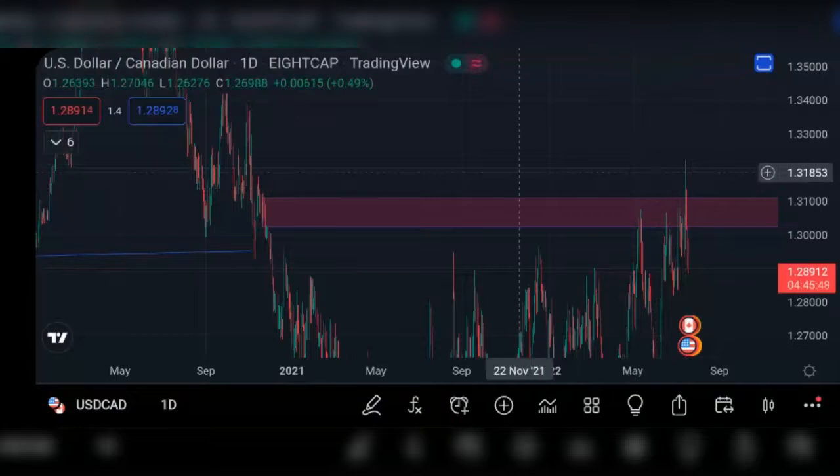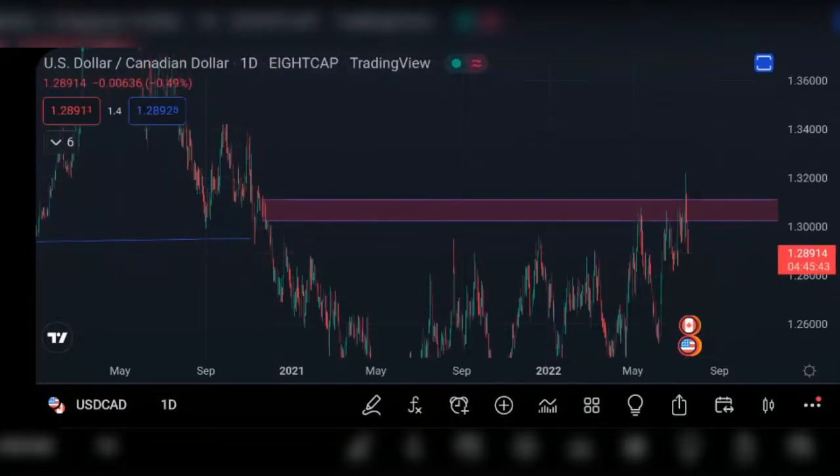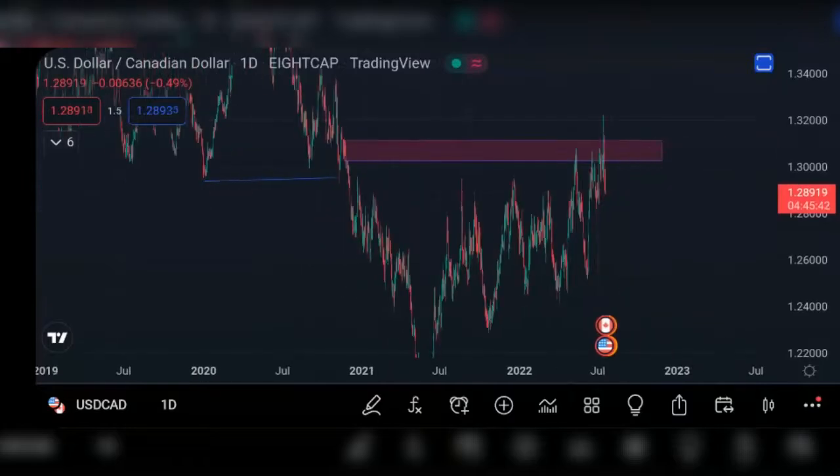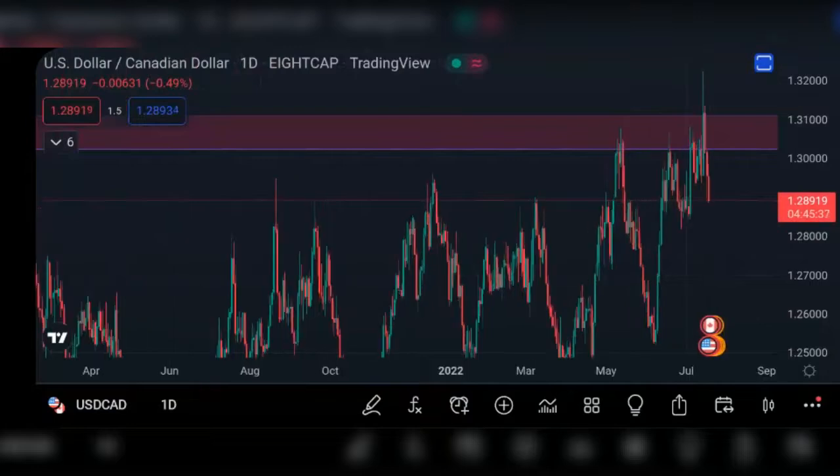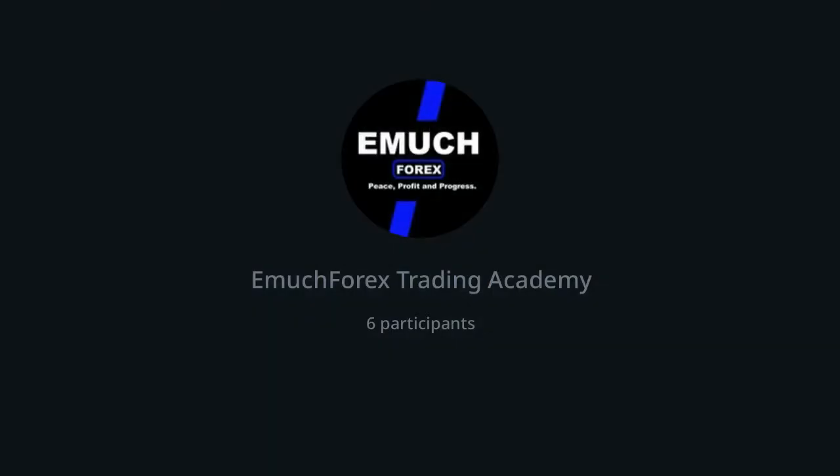Price wicked into this part to take out the liquidity that is here. Now we have established that yes, price has tapped into a daily order block. Now the next thing to do is to go over to the 4-hour time frame, depending on the kind of trader that you are. Like me,